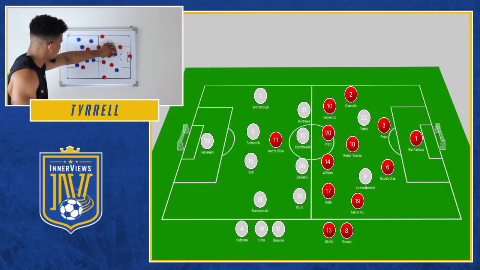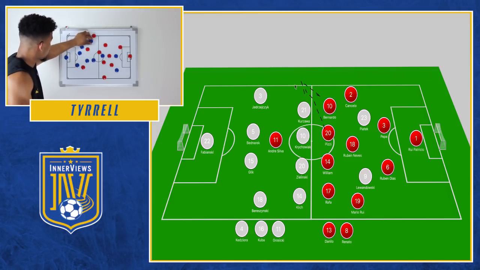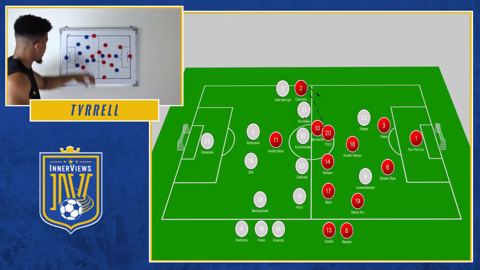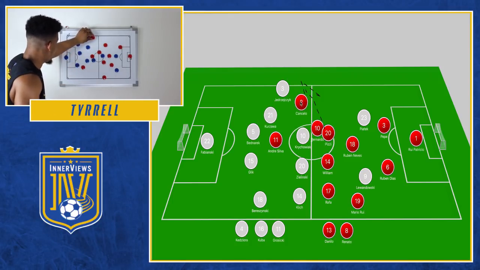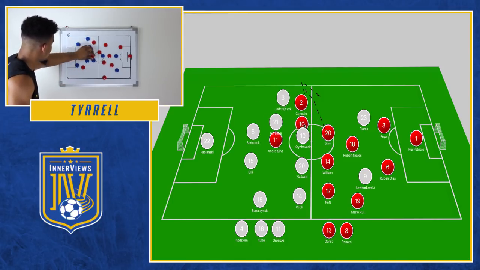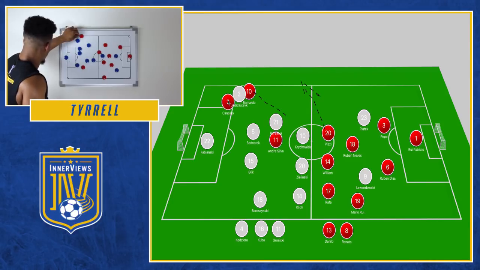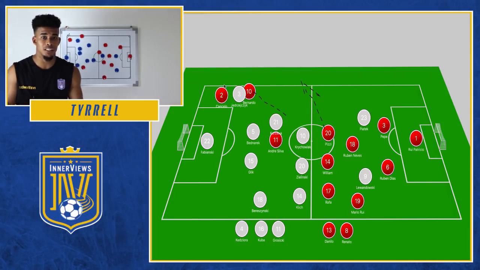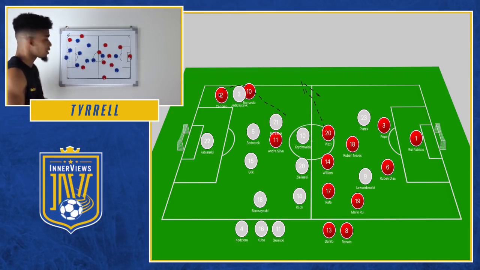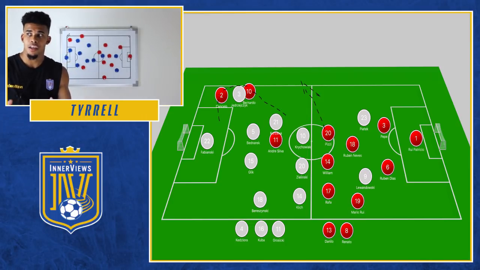We shift over to the right-hand side. Again, it's more from Cancelo. This time it's PZ playing the ball out to him, and what happens here is that the left back steps forward as Kurzawa is a bit deeper. What happens now is that he's able to push the ball across from him, and then Kurzawa steps, but you have Bernardo darting into that space there. Ball's poked in. He continues his run. The left back follows him, and he's able to make the run in behind. What happens there is Bernardo again pokes it back to Cancelo, but Cancelo's cross into the box is cleared for a corner kick.